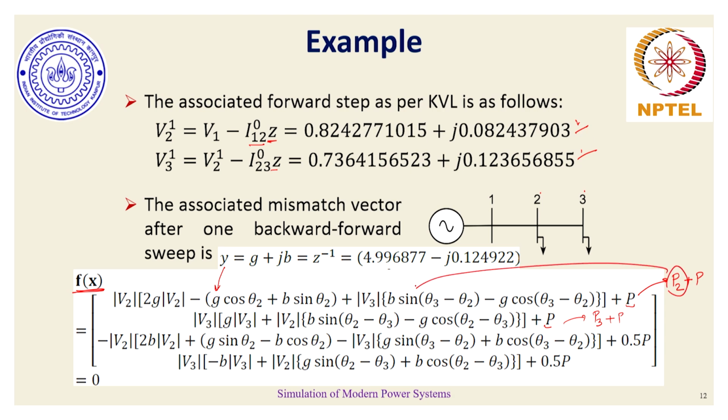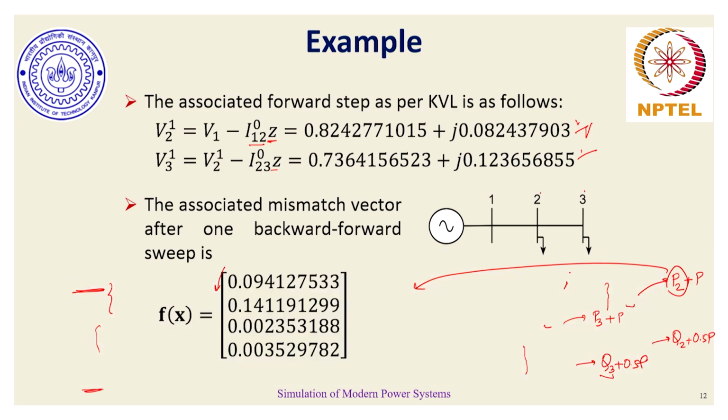P2 is the expression that is present inside this square bracket, and similarly here we have Q2 plus 0.5 P, because the reactive load at every bus is half of the real load, and this pertains to Q3 plus 0.5 P, where Q3 is the term inside these bigger square brackets. So, we can also do the f of x check. It has to be essentially 0 at steady state, and these voltages that we obtain have to satisfy these